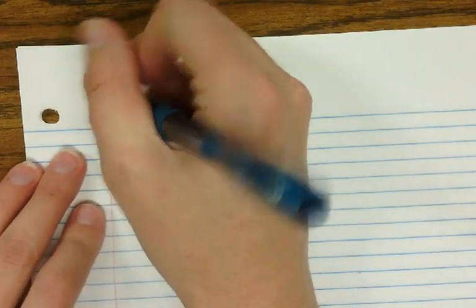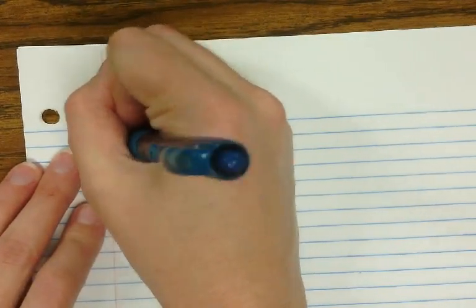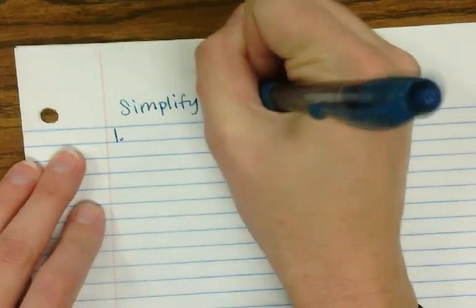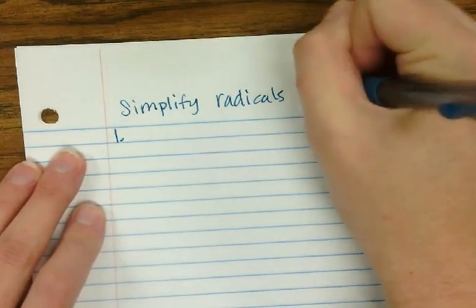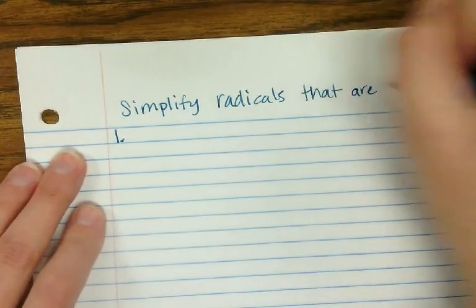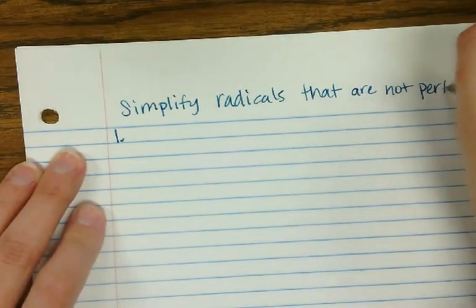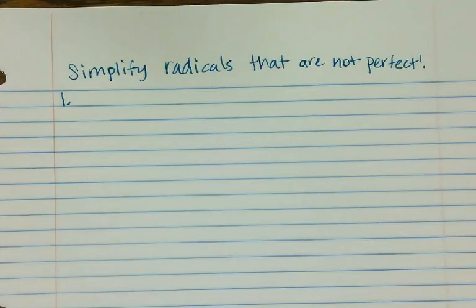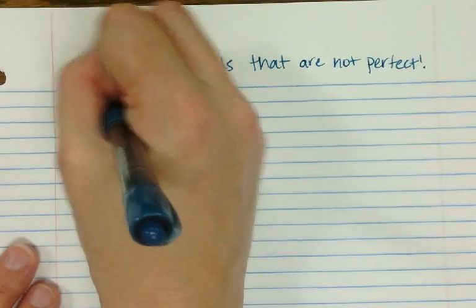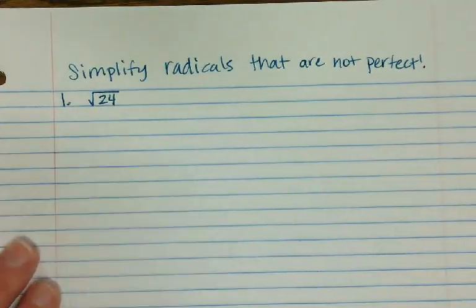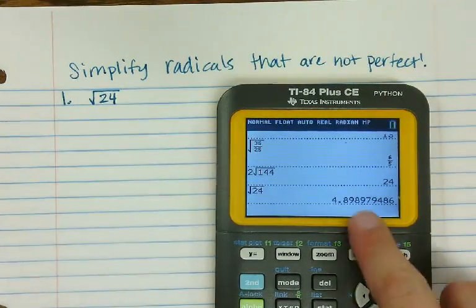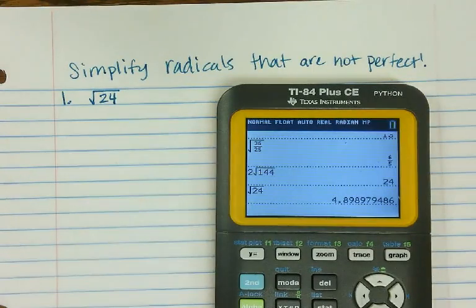So here we go. So guys, what we are going to do is I'm going to show you guys how to simplify radicals that are not perfect squares. All right? So if they are not perfect, then I'm going to teach you how to simplify radicals that are not perfect. So guys, for example, if we take the square root of 24, that is not a perfect square, right? Because if we plug this in, the square root of 24, it's going to give us that weird looking decimal,